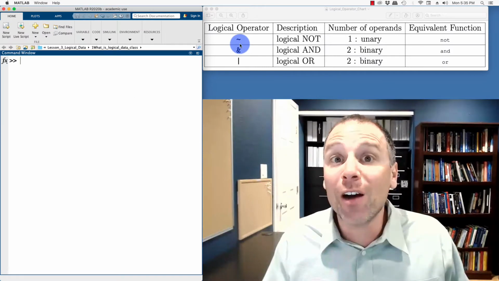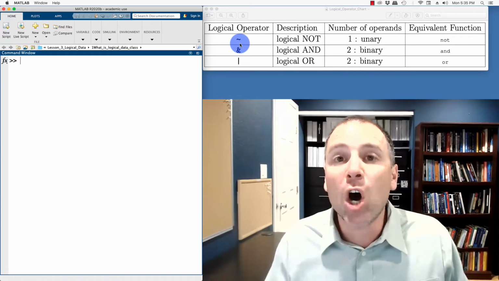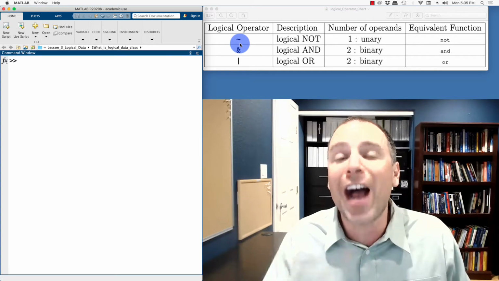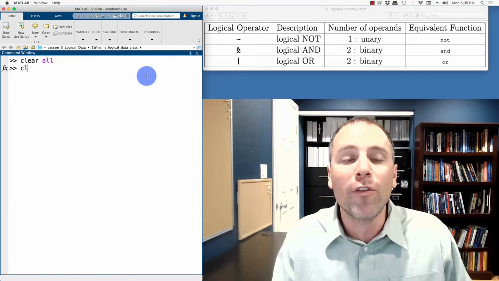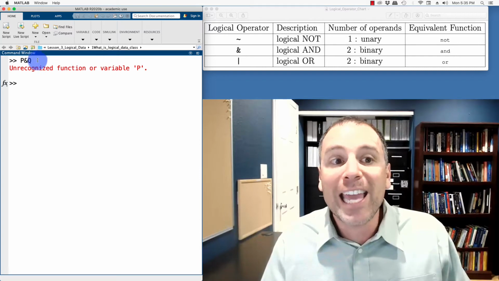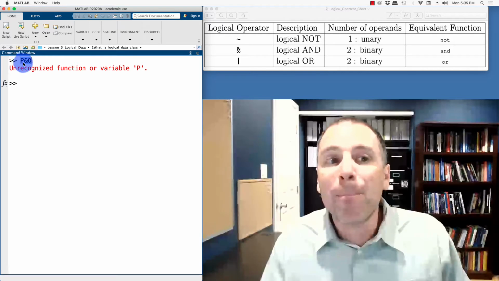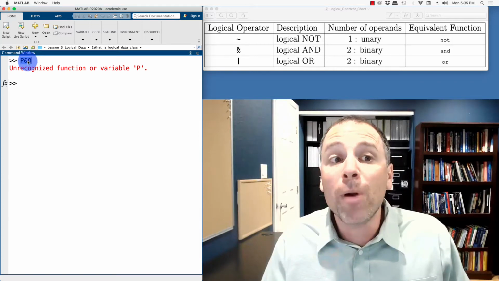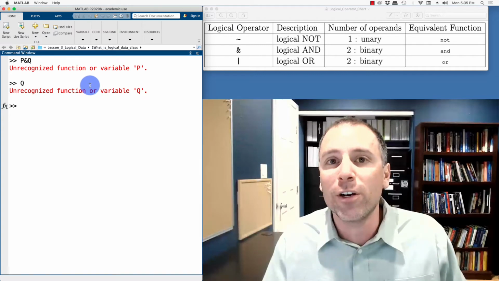One interesting feature of the form of logical operators is that each of these logical operators depends on predetermined values in order to get an exact truth value or to evaluate the operator. What I mean by this is let's go into the command window and let's clear all the variables and then clear the command window. If I type P and Q, MATLAB cannot evaluate the truth value for this general form because proposition P, or variable P, is not defined in memory. So too, proposition Q has no value in memory. Specifically, if I type Q, notice it's not a recognized variable.